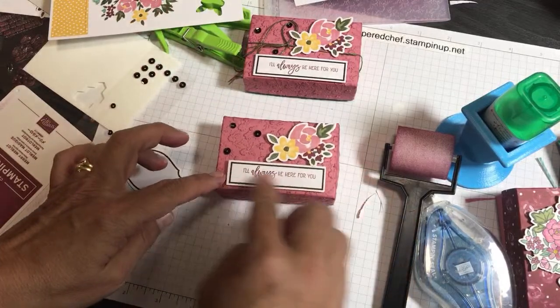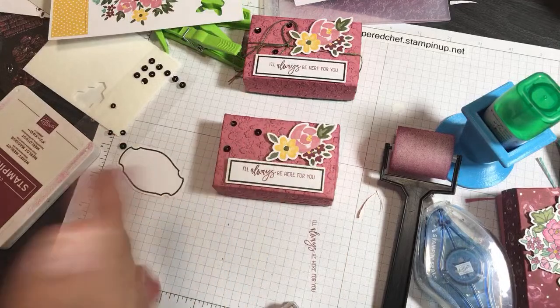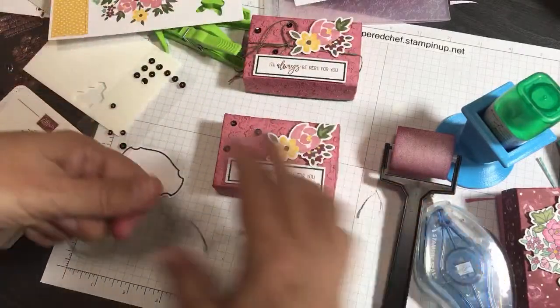Otherwise, if I wasn't using this little black trim, and since there's no black in there, I wouldn't use the black sequins. I don't think they would look right, but they do look right when you have the little black trim. This twine came in your kit